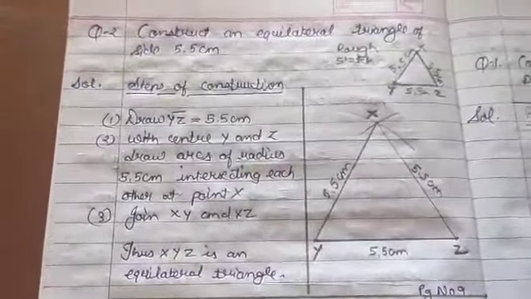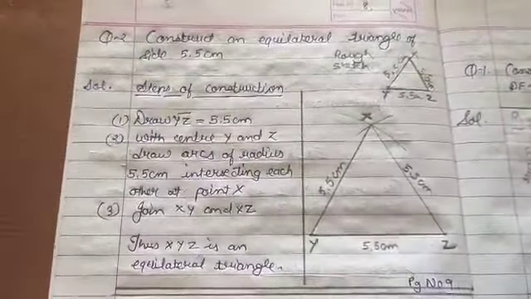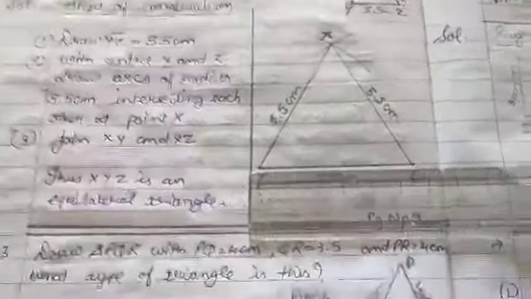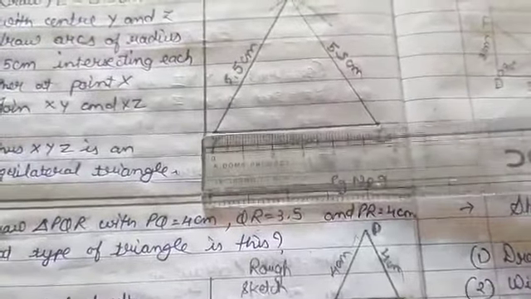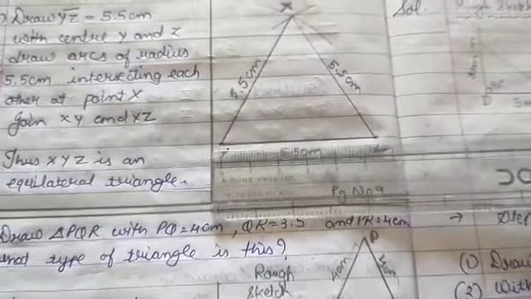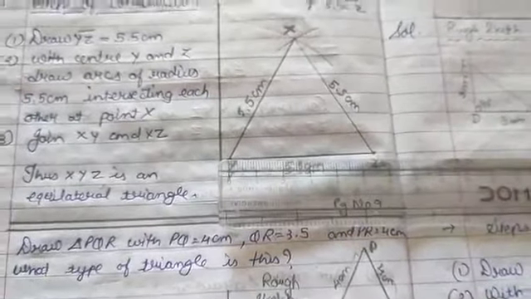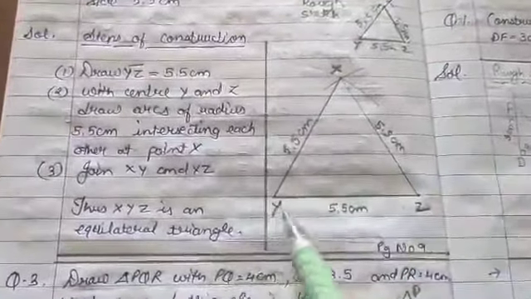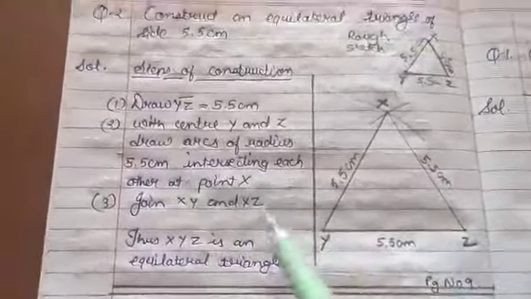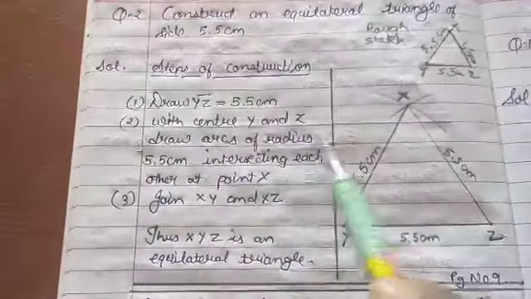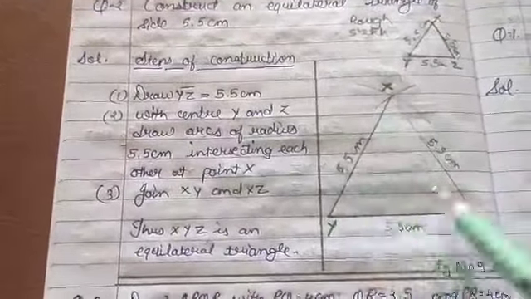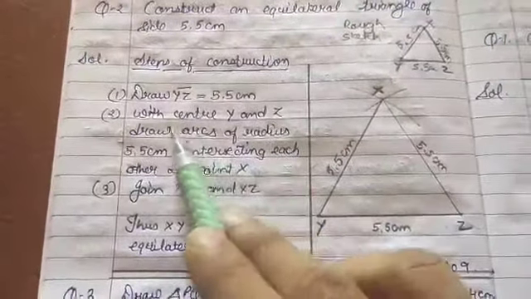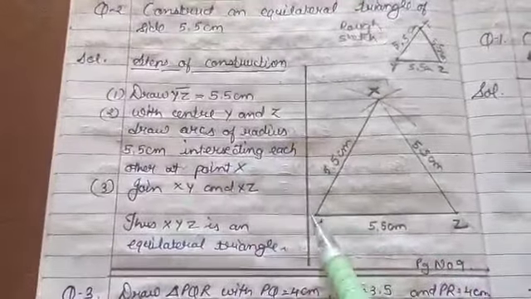So now with the help of scale, you try to draw that base of 5.5 centimeter. That is, take 5.5 centimeter with your scale. See, 5.5 centimeter. Try to draw such a base from here to here. Then with center Y and Z. Now dear student, here you can write this point separately also, as all sides are equal. So what I did, I wrote both the steps in one only. So with center Y and Z,